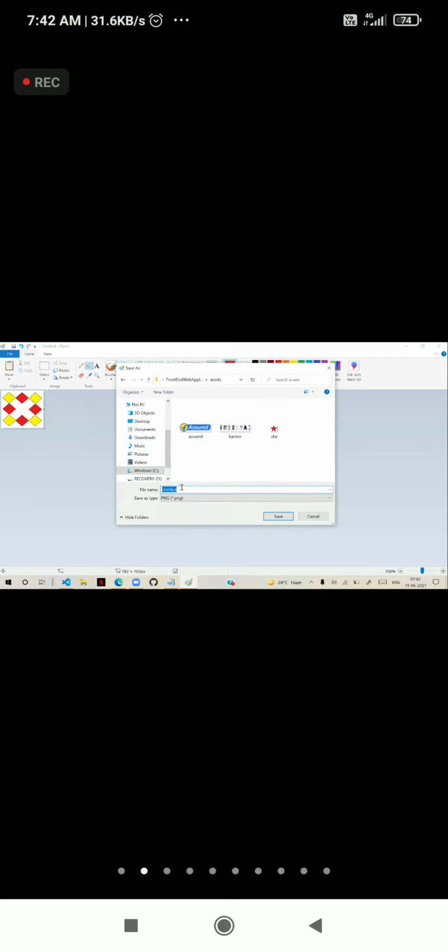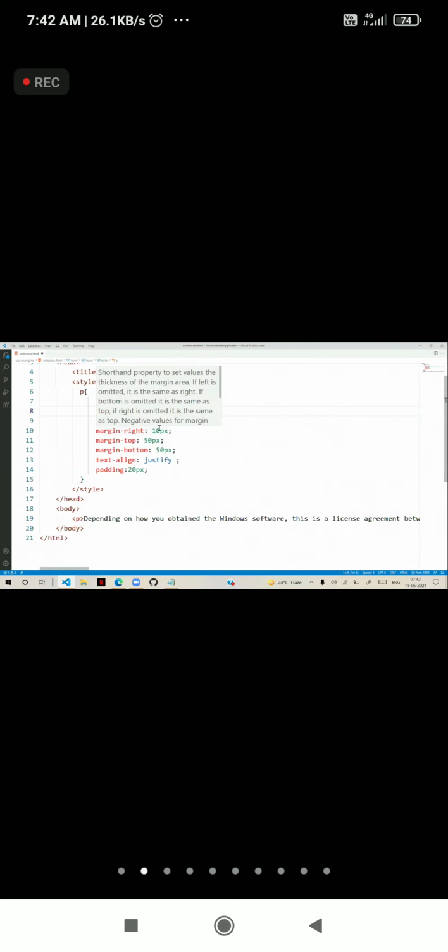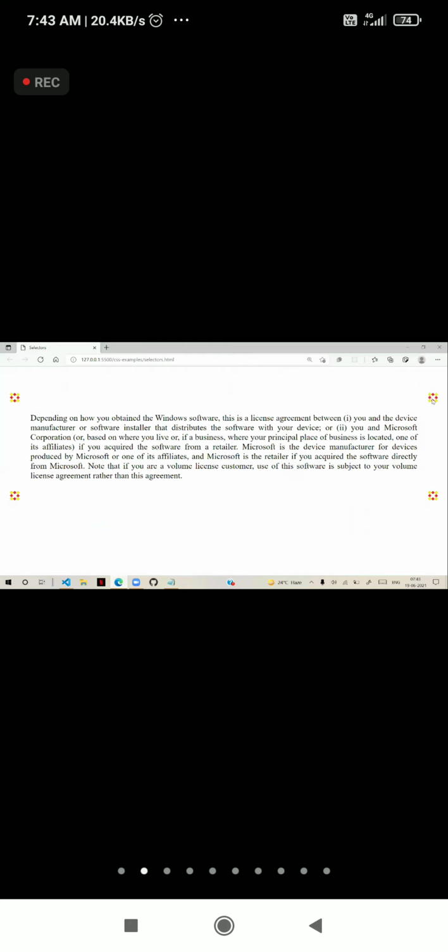So say border.png. Okay. Now let's use that image here. Border image I'm giving here, so that is assets/border.png. Now it's not enough. Border image is defined, and observe carefully. The border image, you see, it is in the four corners. It is in the four corners, border image is present.